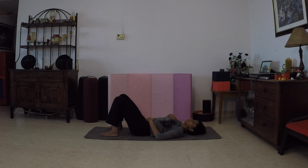Depending on the time available for you, you can extend the practice also. It's a great way to energize the whole body, warming up your breath. You feel energized. Keeping the hand on these 2 points will help you to connect with your breath movement. Now after the next inhalation,